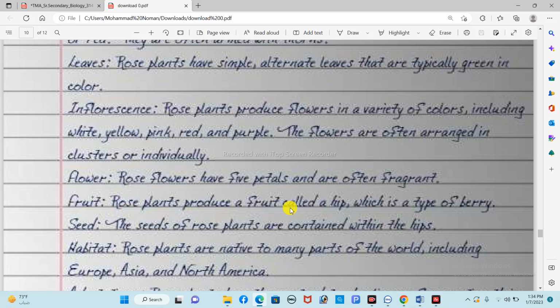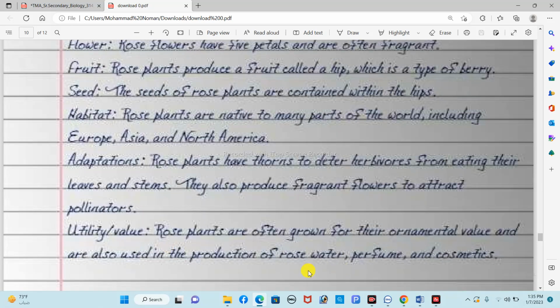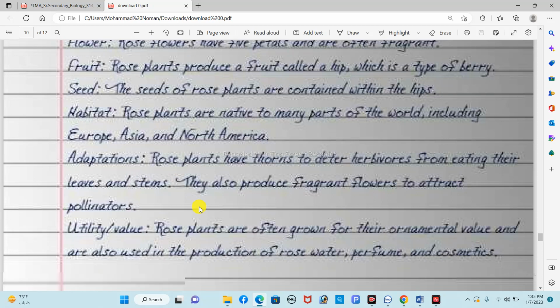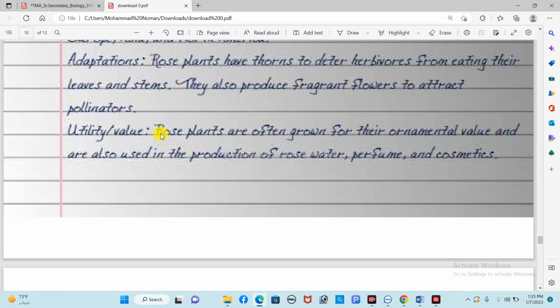Fruit. Rose plants produce a fruit called a hip, which is a type of berry. Seed. The seeds of the rose plant are contained within the hips. Habitat. Rose plants are native to many parts of the world, including Europe, Asia, and North America. Adaptation. Rose plants have thorns that deter herbivores from eating their leaves and stems. They also produce fragrant flowers to attract pollinators. Utility value. The rose plants are often grown for their